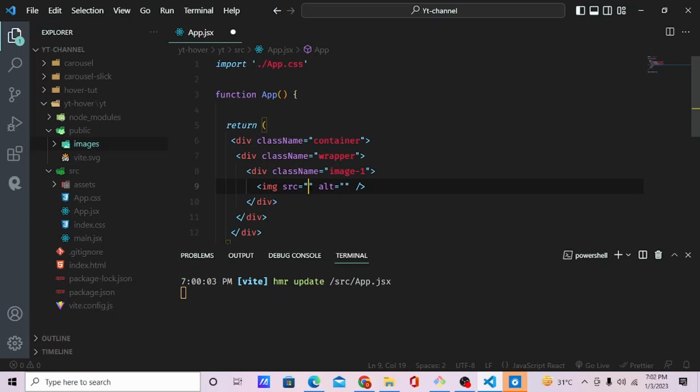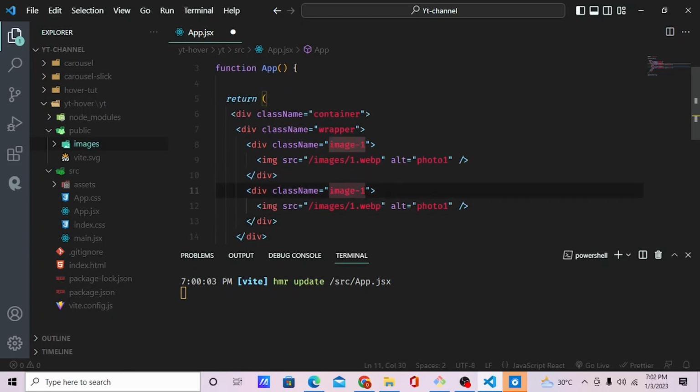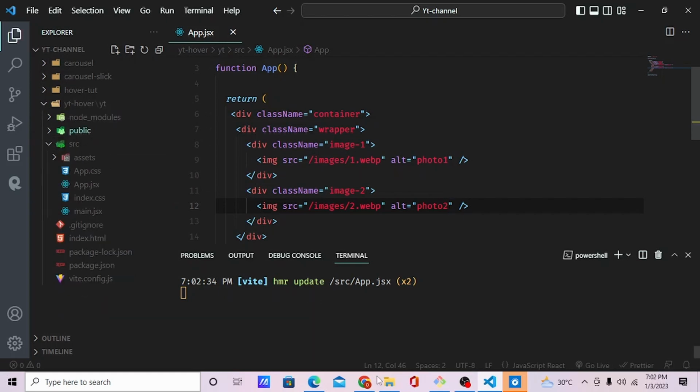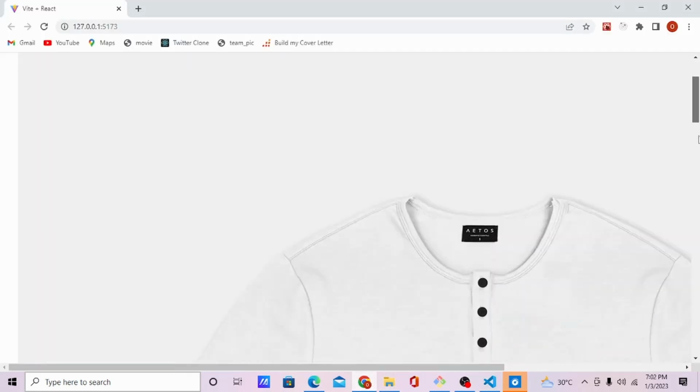So I will say slash images one dot webp. Let's say 421. All right, so let's duplicate this. Let's copy this and paste it under. For the second image, let's say image2. Let's change this one to 2 and this to 2. All right, so let's see what we have so far in the browser. Okay, so it's not looking good,